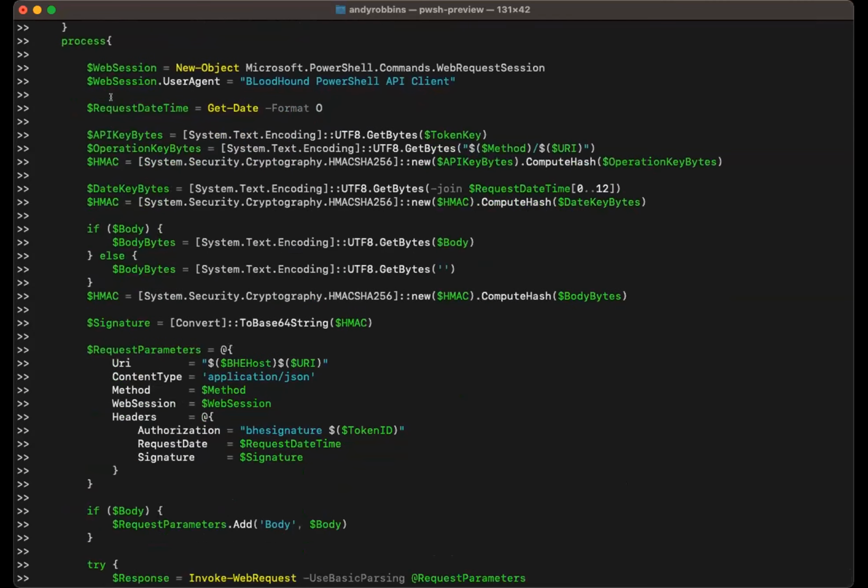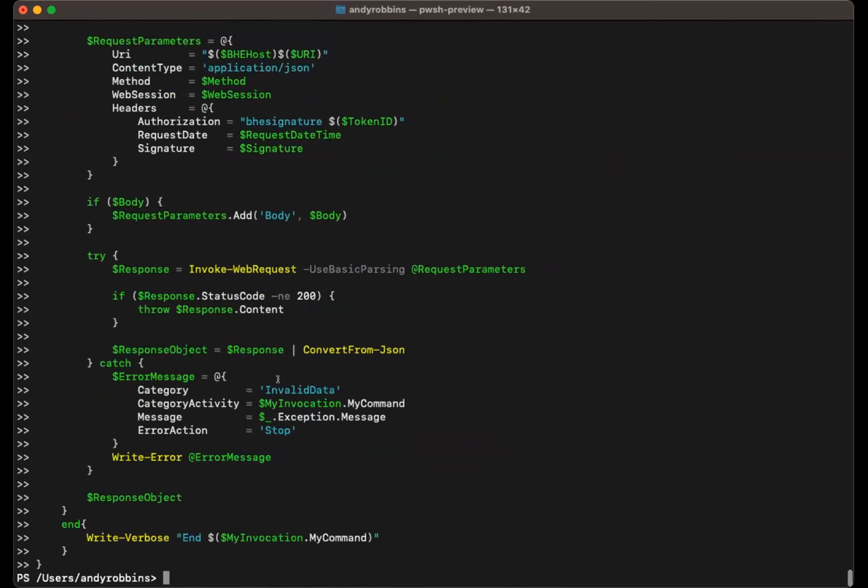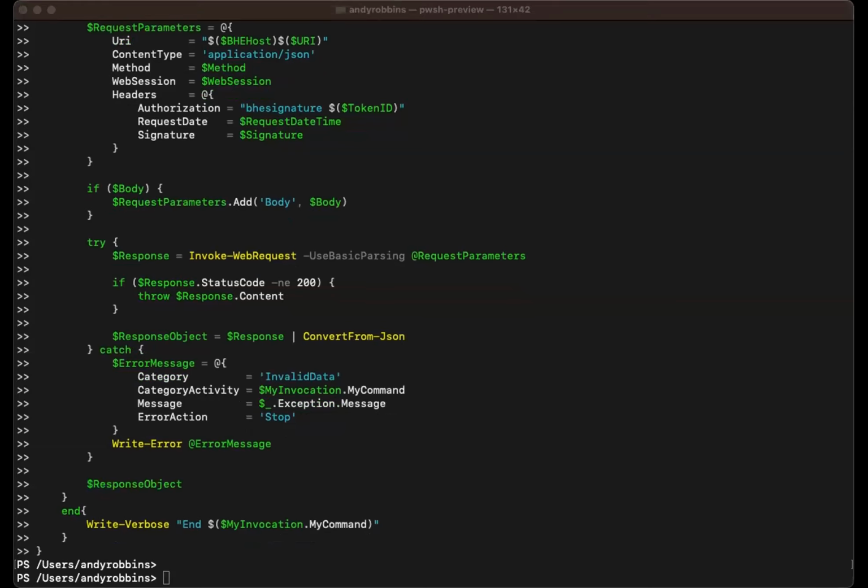So this will do all the preparation for you to sign the request. And then it will just do a very simple invocation of Invoke-WebRequest, also known as curl, kind of, in PowerShell. And then it will give you the output as the response object. So this is very, very easy to use. And as an example,